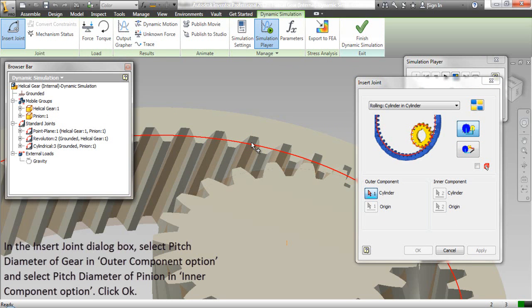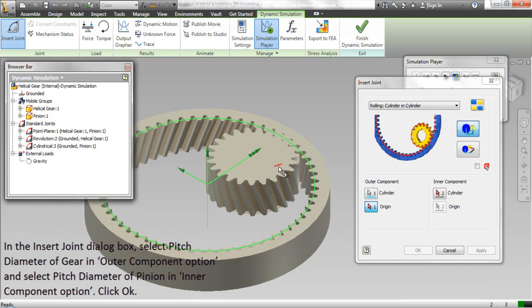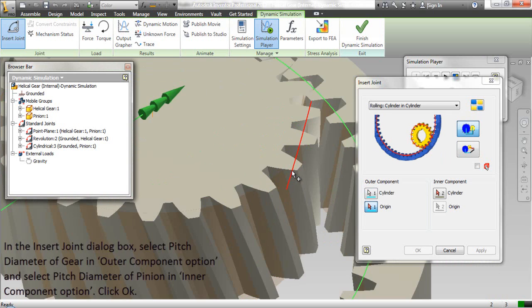In the Insert Joint dialog box, select Pitch Diameter of Gear in Outer Component option and select Pitch Diameter of Pinion in Inner Component option. Click OK.